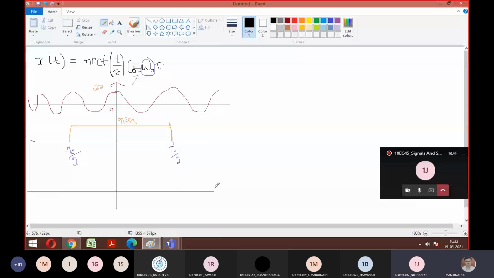Sir, finite and non-periodic? Finite and non-periodic. Okay, good. So how does the signal look? See, you can look here. I'm just tracing this part and this part. Correct? So it is going to be a product. See this part, if you multiply, it must be 0. Here also, if you multiply, it is nothing but 0. So beyond T naught by 2 and beyond minus T naught by 2, no signal exists. Is it okay with that?